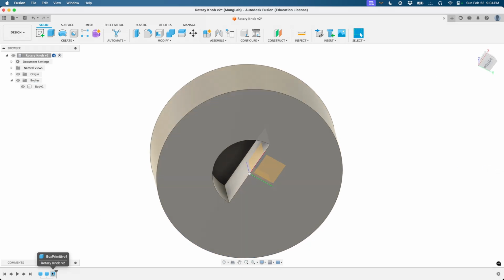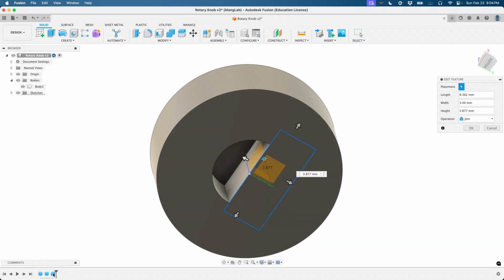So what I actually want to do is I'm going to go back into where we created this box, and actually instead of join, I'm going to put in a new body